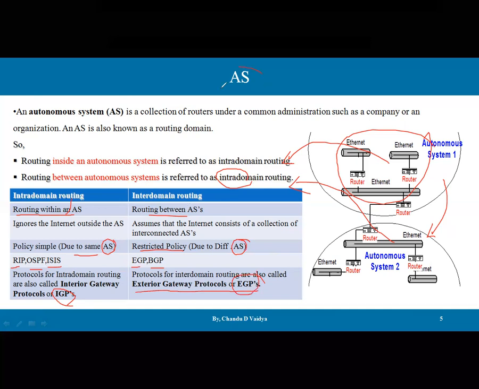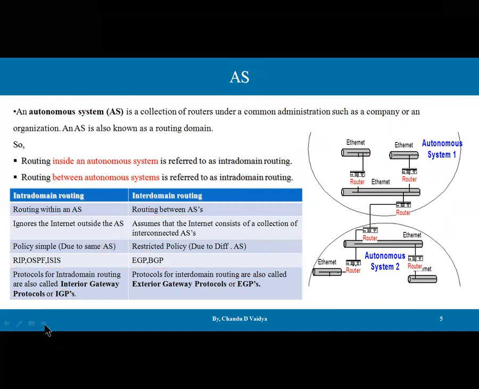An autonomous system is a collection of components together in a single region or area, where everything is managed by its own management and under the control of a particular controlling board.